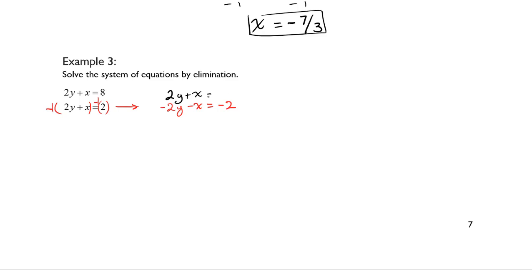So I'm going to rewrite the first equation just like it was. And now I'm going to add them together. 2y minus 2y equals 0. X minus x equals 0. And 8 minus 2 is 6. So we get 0 equals 6. And most of you will recognize that that is not a true statement. When this happens, this is a does not exist scenario where you have two equations with the same slope